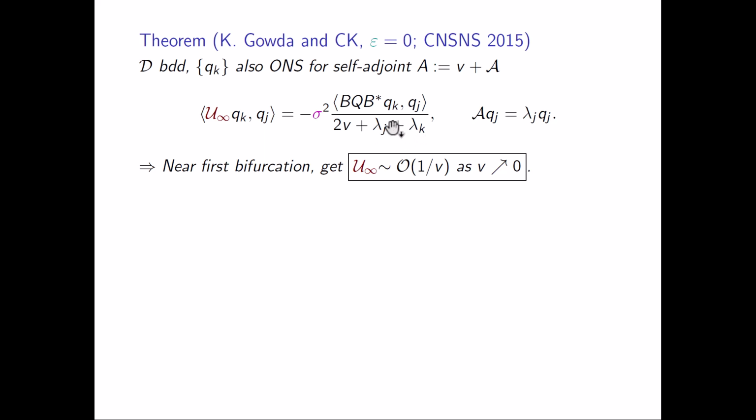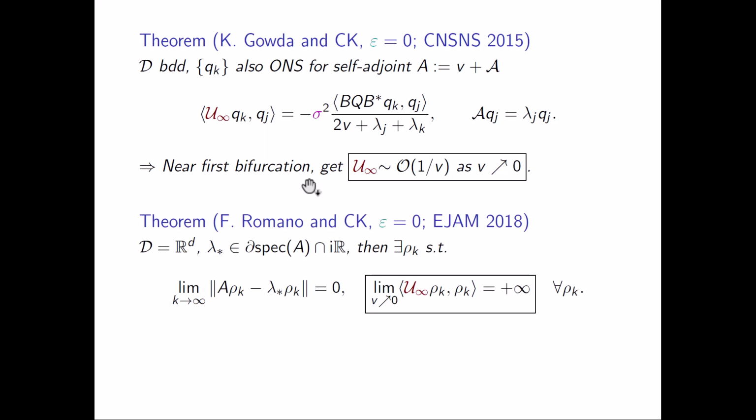so you have part of the spectrum crossing, then you see this expression on the leading modes, when you project onto the leading modes associated to the eigenvalue that crosses to 0. Let's assume a standard Crandall-Rabinowitz single eigenvalue crossing. In the associated eigenspace, you see that this covariance operator blows up like 1 over V as V tends to 0. Again, that's the linearization, and there's a saturation effect very close to the bifurcation point if you make V dynamic. Even better, we can even prove later on with Francesco Romano, if you had a more complicated